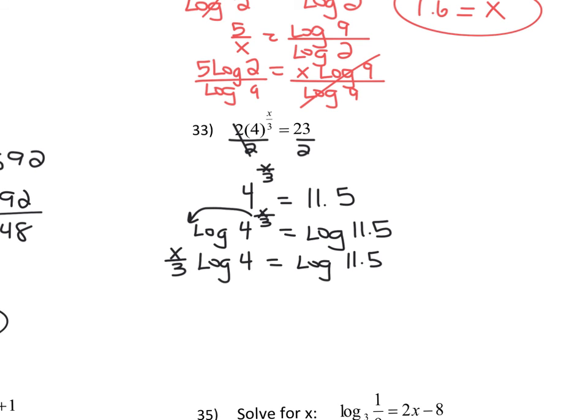All right, so I want to get rid of this log of 4. So since we have x over 3 times log of 4, the opposite of multiplication is division. So we're going to divide both sides by log of 4. Okay, so it leaves me with x over 3 equals, and this time, instead of leaving it as a fraction, I am going to plug this in my calculator and write it as a decimal, only because when I cross multiply, you'll see. So when I plug in log of 11.5 divided by log of 4,